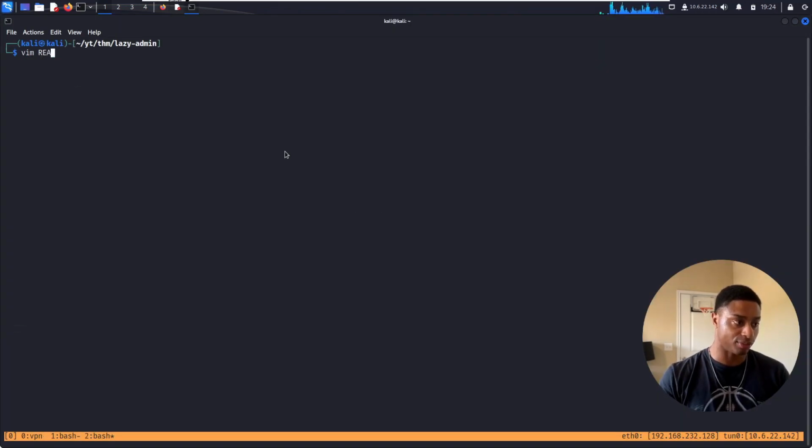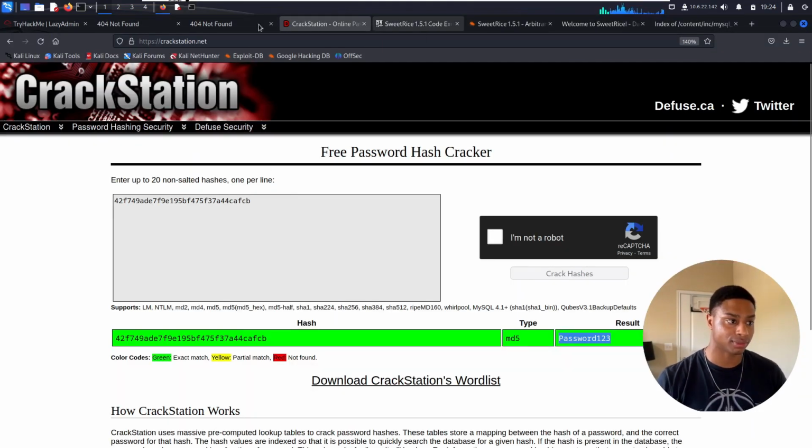And we could be taking notes the whole time as well. I could do vim README.md, username, admin, password. And then we could throw in the hash as well that we found. We could throw in the URLs and the results of the Gobuster scans and everything like that. But